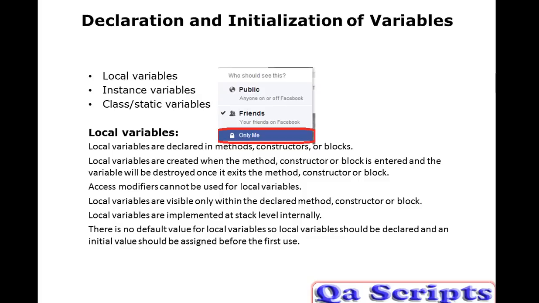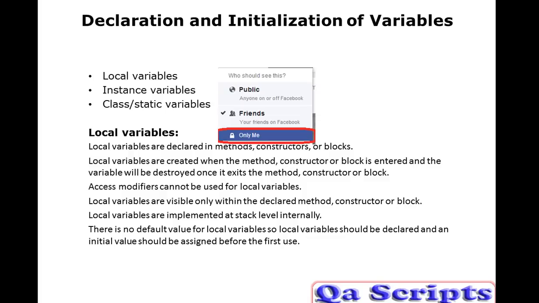Let us take an example in Eclipse and try to understand each and every line that I have explained here. Before going to Eclipse, let us take a look at this snap. I have taken this snap from Facebook. In Facebook, if you upload any photo, and if you make that photo only to me, then the photo will be visible only for you, only for the account holder, not for your friends, not for your non-friends as well. So the photo is very specific to your account only.